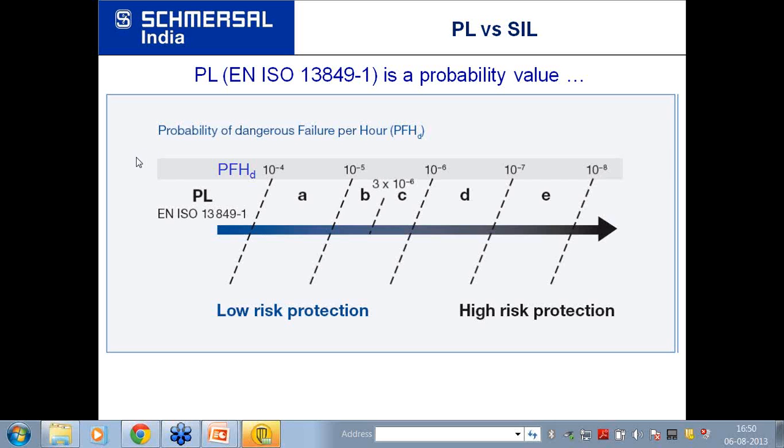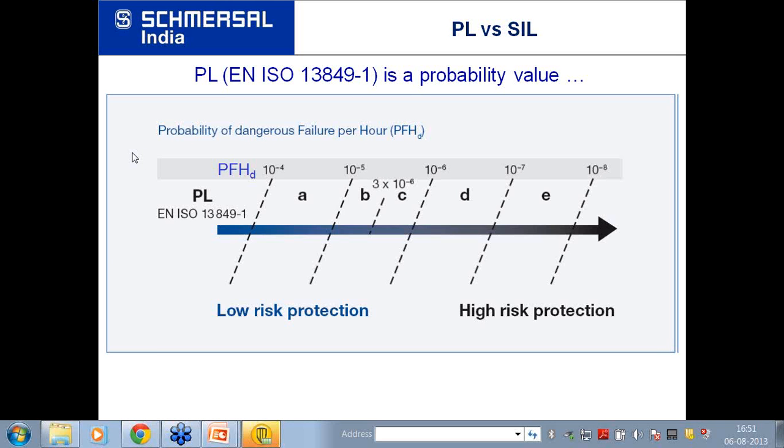But if you use an electromechanical device with an intelligent device like a safety relay, then the output may be the same. Second thing, in electromechanical devices, we have chances of wear and tear, which we cannot detect even through a safety relay. But in case of an optoelectronic device, we don't have any mechanical wear and tear. So that way optoelectronic devices are better in terms of reliability than electromechanical devices.